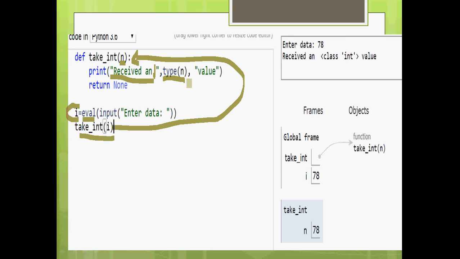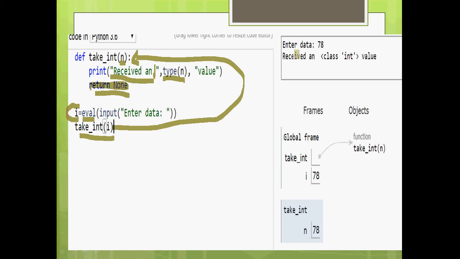Now the type of n depends on whatever value you are entering. Then the function returns None. No problem if you don't give this particular return statement. Even if you don't give it, nothing will be returned. None will be returned. None is nothing in Python.